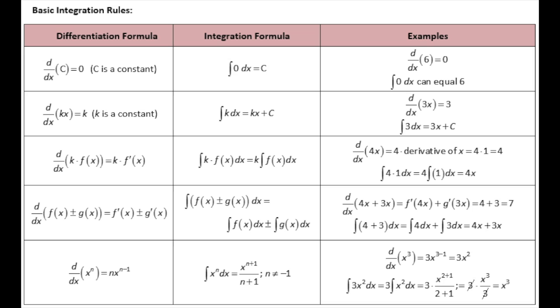And finally, we have the integration of x to the n. Essentially, just like the opposite of derivatives, we say x to the n plus 1 over n plus 1 plus c. Because if you were to take the derivative of this second expression, the n plus 1 would come down and cancel, leaving just x to the n. And it's important to remember here that n cannot equal negative 1 because of how the function is represented. When n equals negative 1, different integral rules apply.